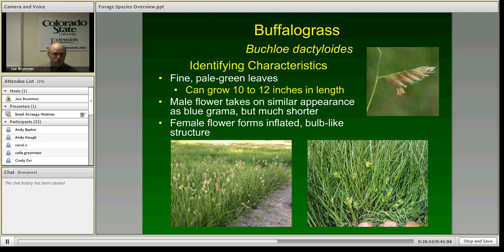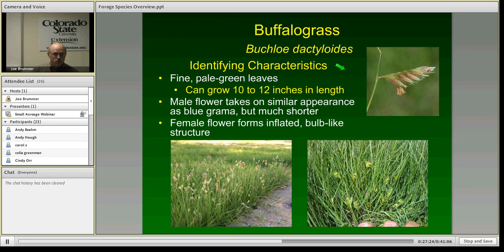Has a seed head, again, it has male and female, so this is the male flower part. Again, it looks similar to the blue grama. Again, it grows on one side of the stem, but it's a lot shorter in length compared to the blue grama. If we look down in the lower right here, we have the female plants, and they form these little kind of inflated bulb-like structures, and